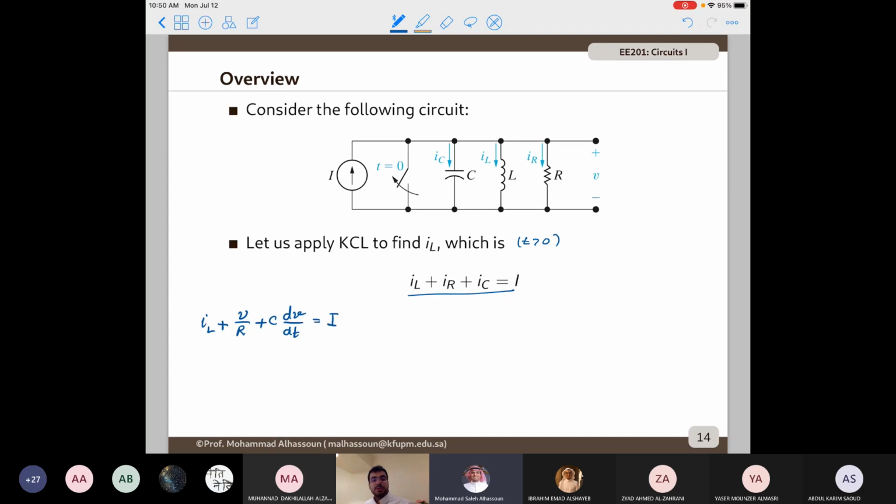Now, if you recall what we did when we derived the natural response, we differentiate both sides, so we end up with an equation in terms of V. But here, think about it this way: if you do that, it will not lead you to the final current in the circuit. In this case, we need to actually present the differential equation in terms of the current. So let us